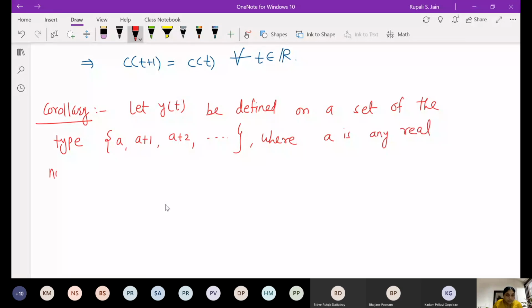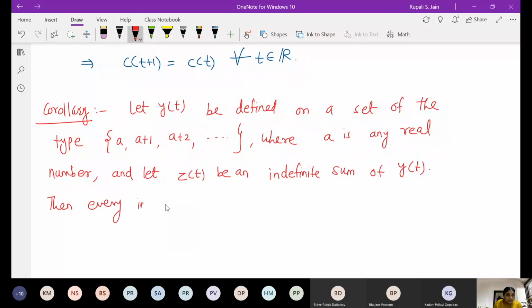And let z t be an indefinite sum of y t. Then